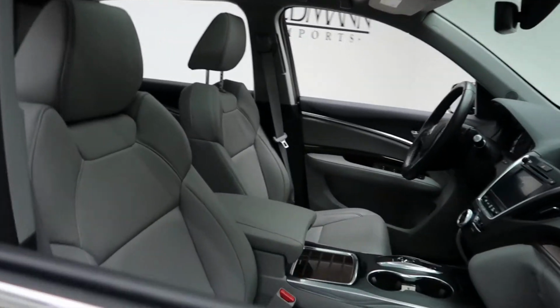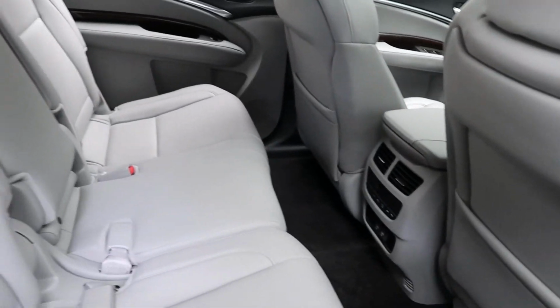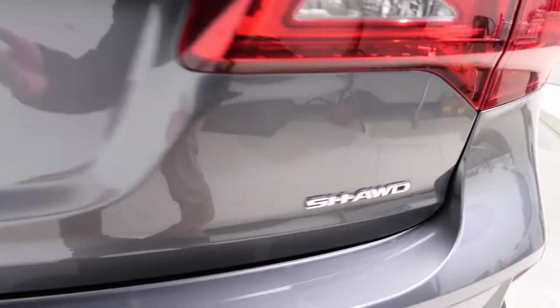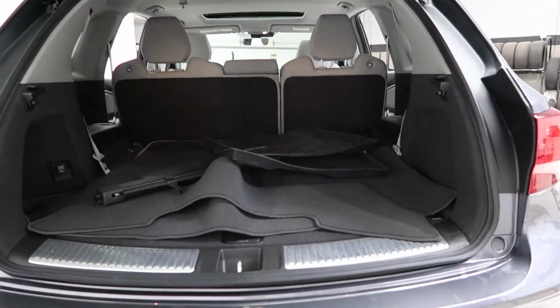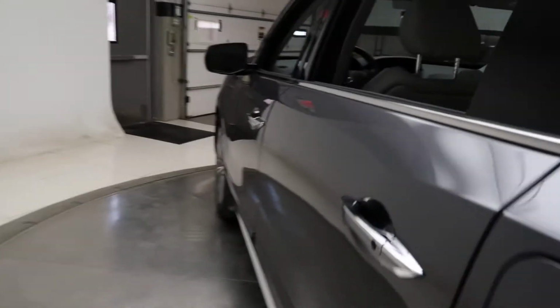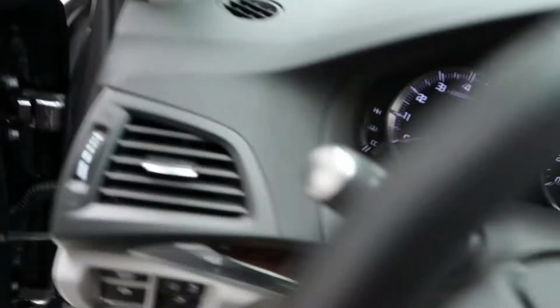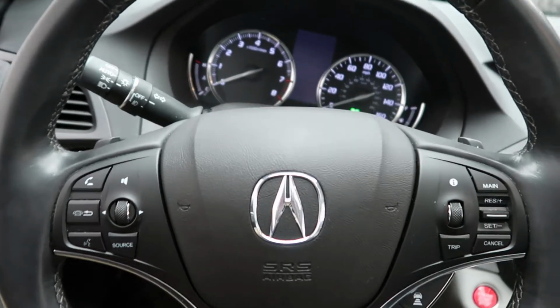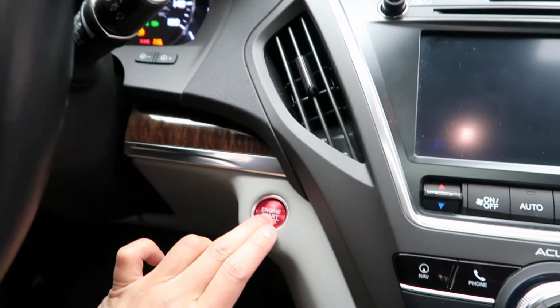Gray leather interior, sunroof, wood trim, rear climate controls, MDX SH all-wheel drive badging, power liftgate, set of all-season and regular floor mats, fold-down third-row seats, keyless entry, memory seats, power windows, power seats, steering wheel controls with Bluetooth capabilities, paddle shifters for extra performance, a push-start ignition,